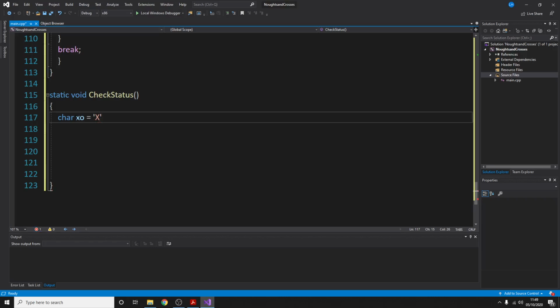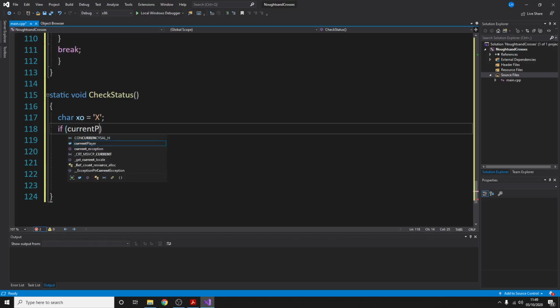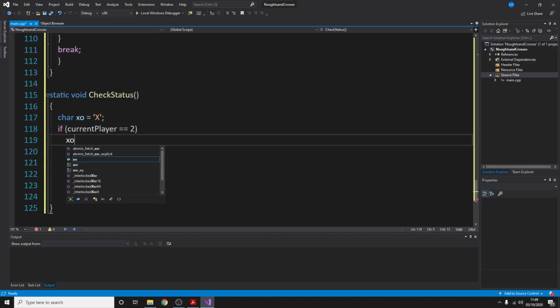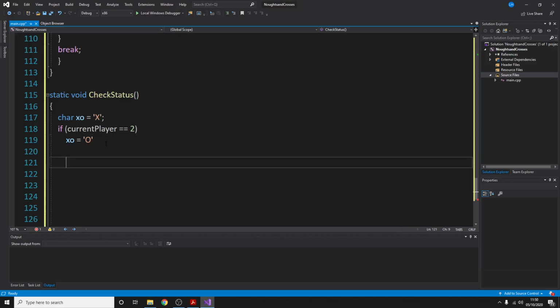We're going to initialize that x like so. However, if the current player is equal to 2, then I want XO to update to 0, like so. Okay, so it initializes as X. However, if it's player 2, I want you to then change it to 0. If it's player 1, just leave it as it is. Okay, so